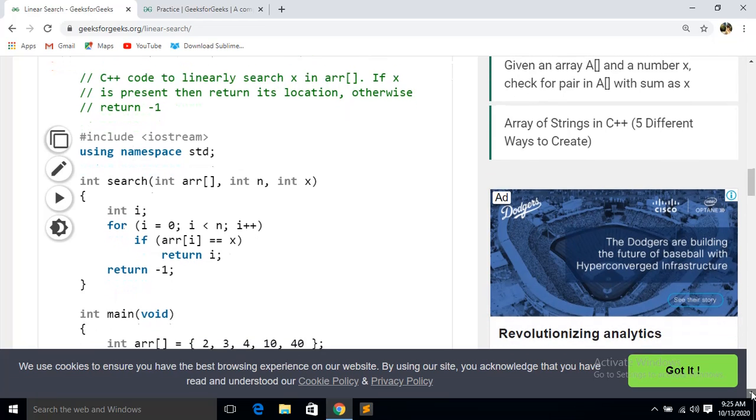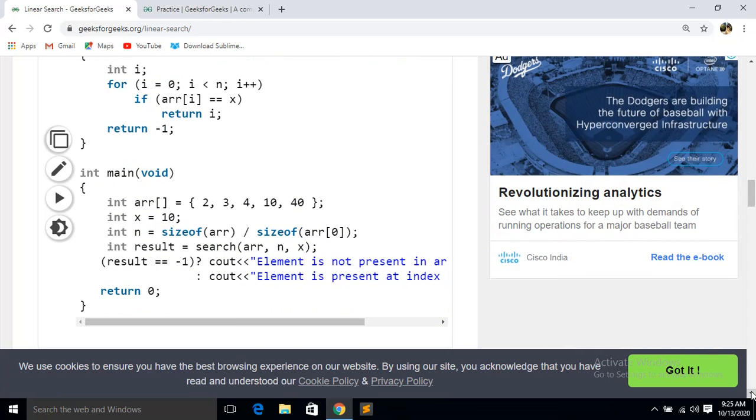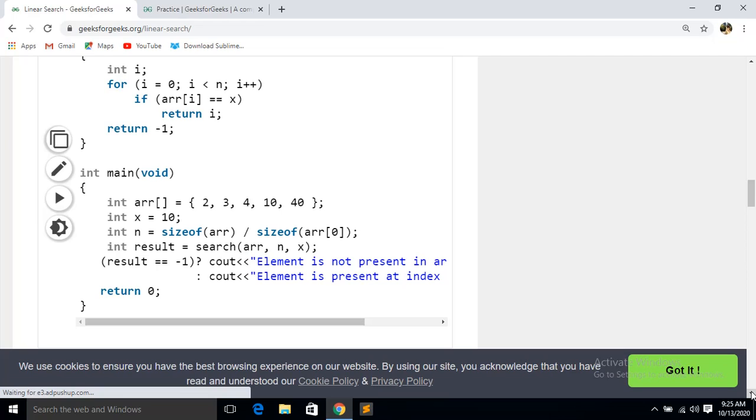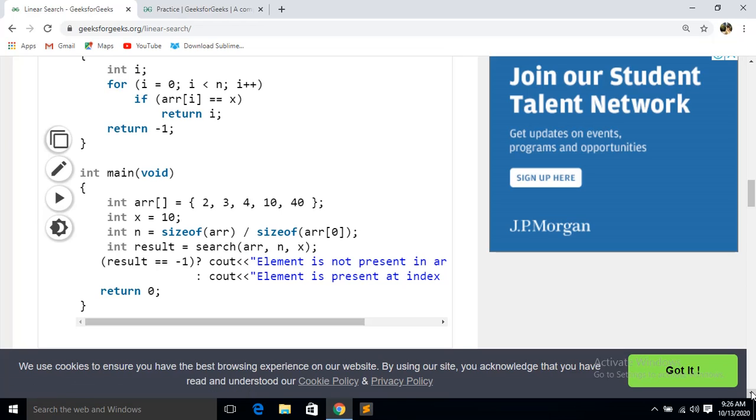So let us go to the main program here. Int main. ARR, the values given are 2, 3, 4, 10, 40. Now the item which you want to search is x equal to 10. Now int n is equal to the size of the array. The size of the array is stored in n. Okay, so this line, sizeof ARR divided by sizeof ARR[0], is there to avoid writing the size manually,